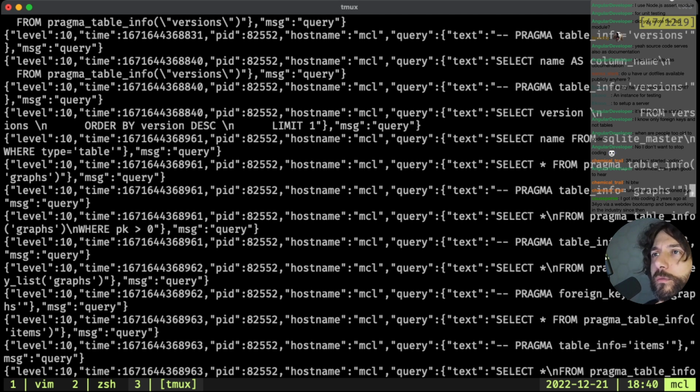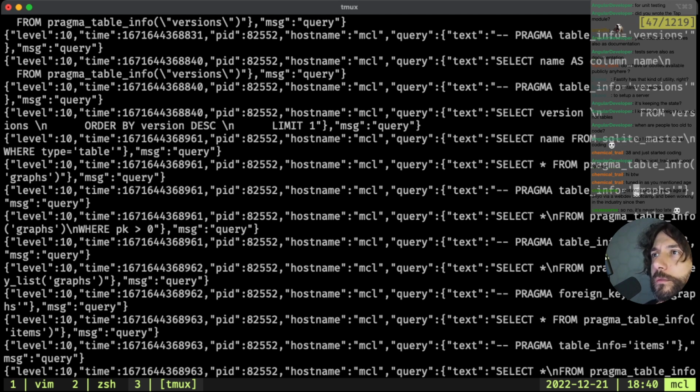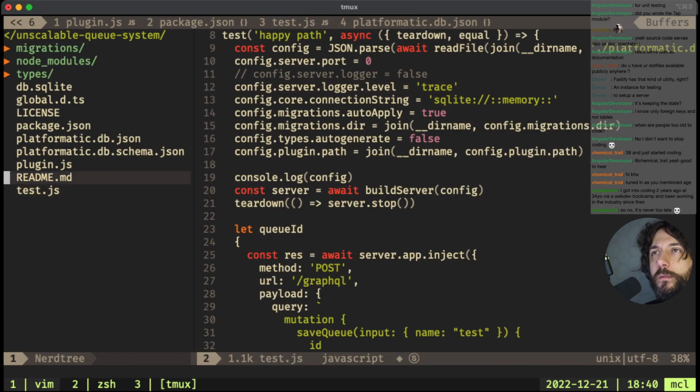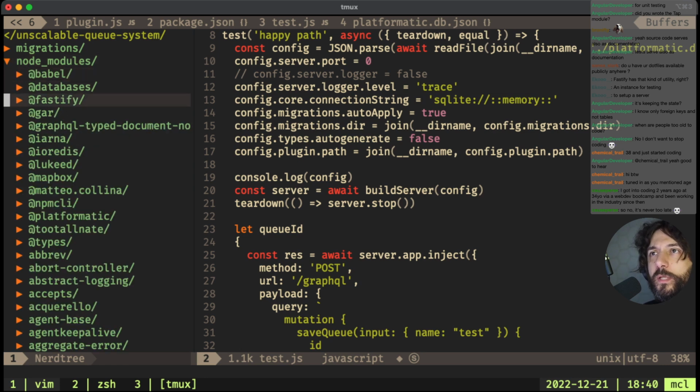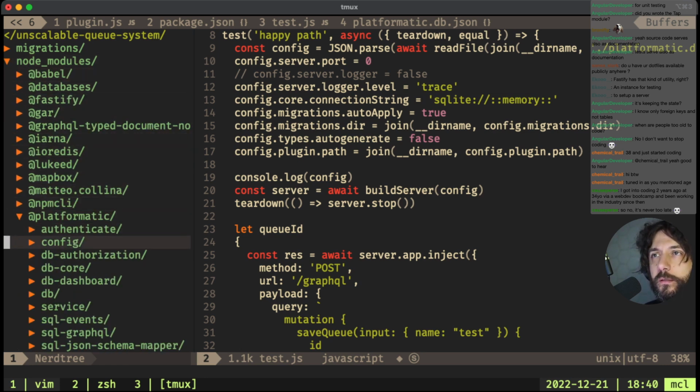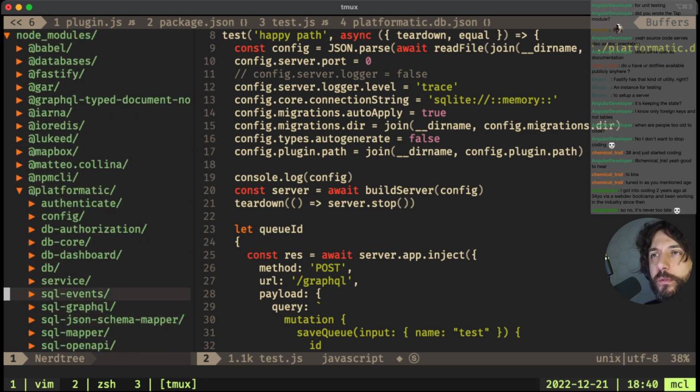Table info graphs. This seems very weird. Okay, let's dig deep.